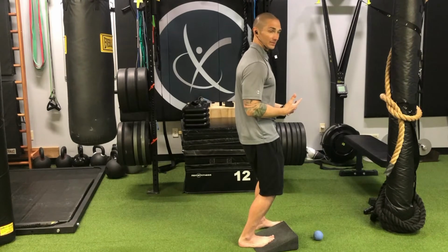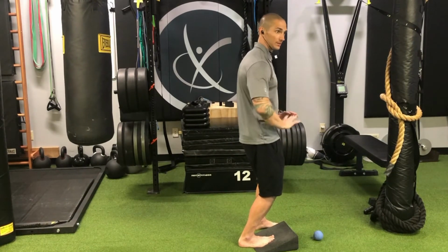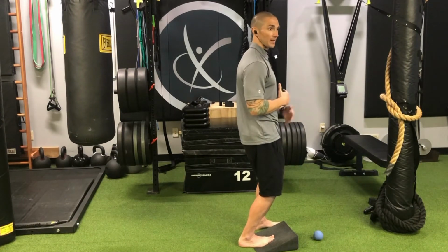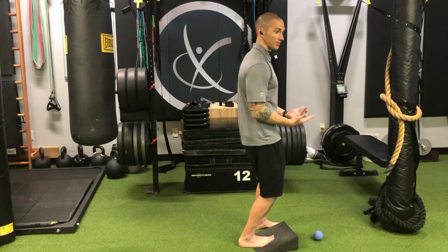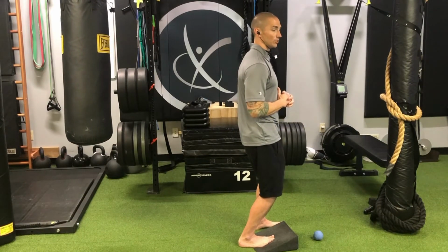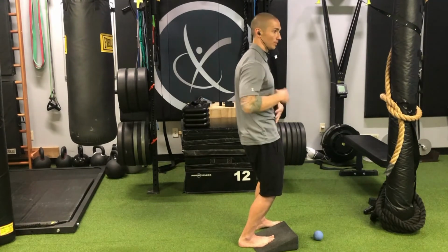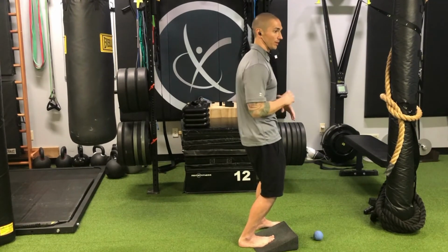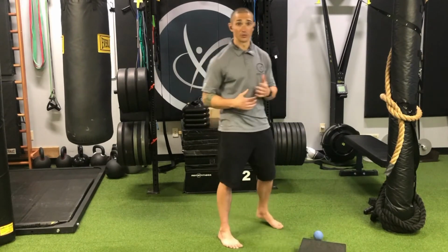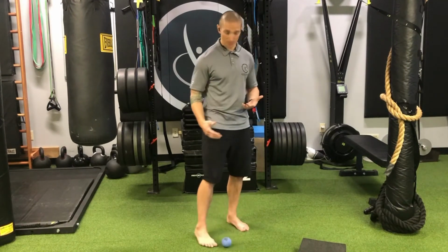We can hold that for about 10 seconds, and then let go of it. Don't come up from the downward pressure here. Just let go of the direction up, and then add another isometric. Add the idea of spreading and pulling the top of the foot towards the shin. See if we can sink down more, trying to make sure we're stacked, the ribs over the pelvis. We can do that on both sides. I like to do that for about 2 minutes, and then we'll go to doing something similar with the ball,